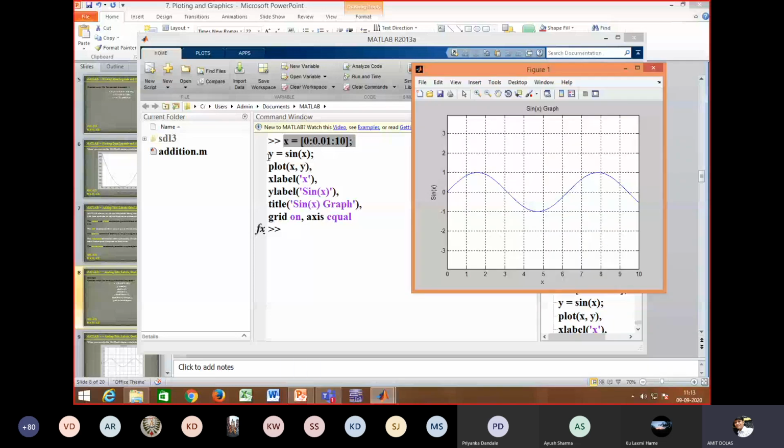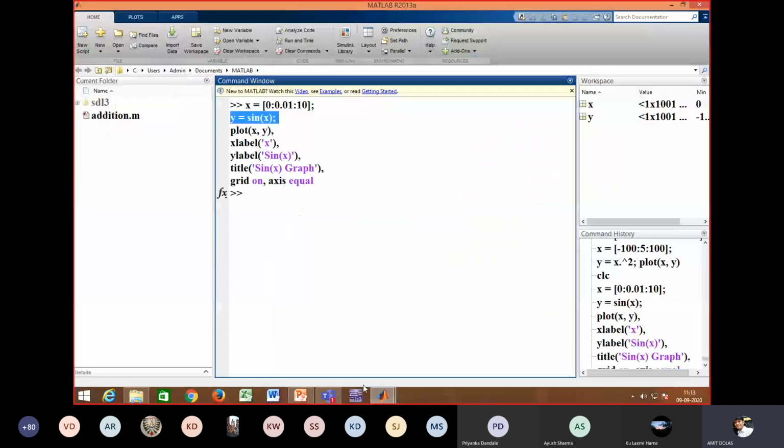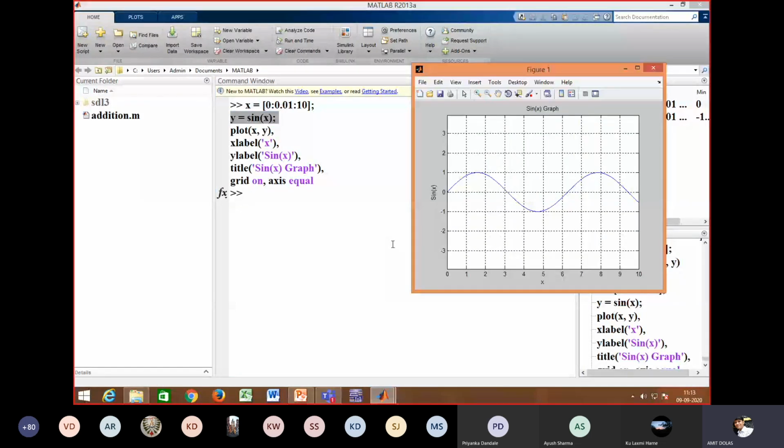Then y is sine of x, so you get the function sine of x, this sinusoidal waveform. The xy plot is in blue color, a default color and pattern. We may change the color by putting some syntax related to color, whether we want a dot line, a dash line, or a solid line. Accordingly, if we modify the syntax, it will change. That will be discussed later.